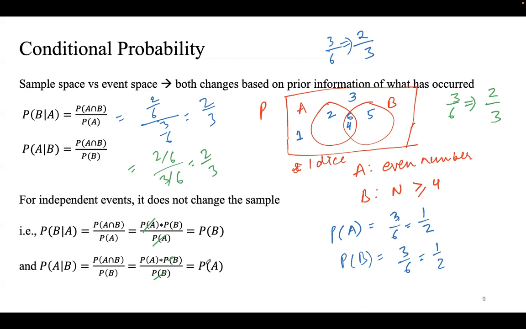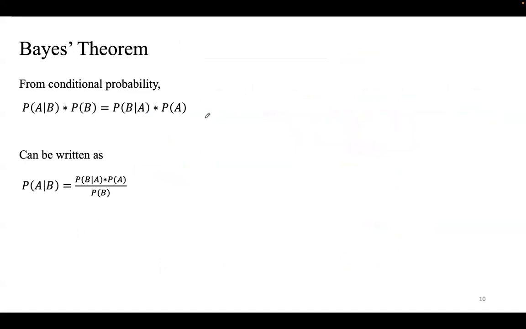Okay, so this is how conditional probability works. Now if you take a look at these two formulas, you can see that the numerator in both of them is the same, right? So if you just cross multiply, you get B given A multiplied by probability of A, and A given B multiplied by probability of B. So you get this equation, right? And you can just rewrite it in whatever terms. So this is what formulates your Bayes theorem. And you can have some examples coming up from this.